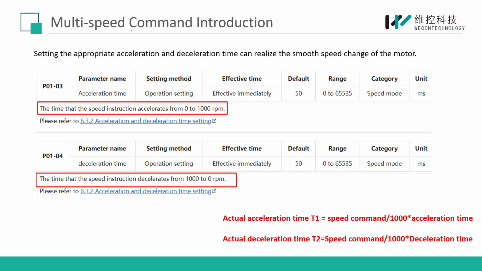However, this is the formula for acceleration time, and if the set speed is large, a longer acceleration time is needed. For example, if we set P0103 and P0104 to 50, then